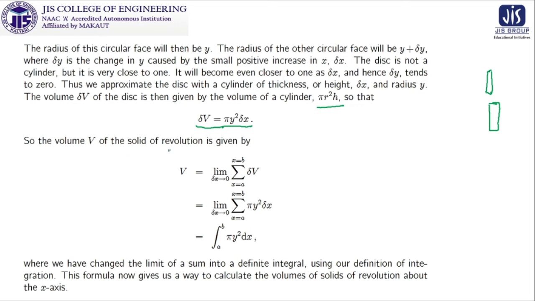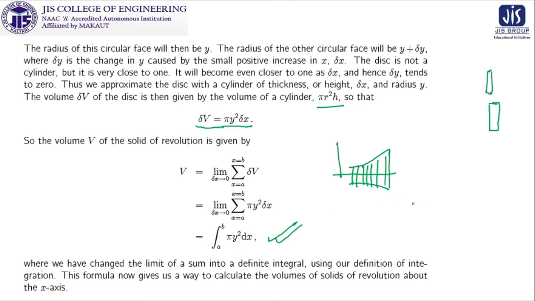Now the volume of the solid of revolution is given by the whole volume. We have to consider not just any part, but the whole volume. So we are taking the limit as del x tends to 0, from x equal to a to x equal to b, of del v. Now del v is this, and what we get in the last formula is the explicit structure: limit del x tends to 0, sum from x equal to a to x equal to b of pi y square del x. It will be converted to the formula for definite integration as the integral from a to b of pi y square dx. So what we got,